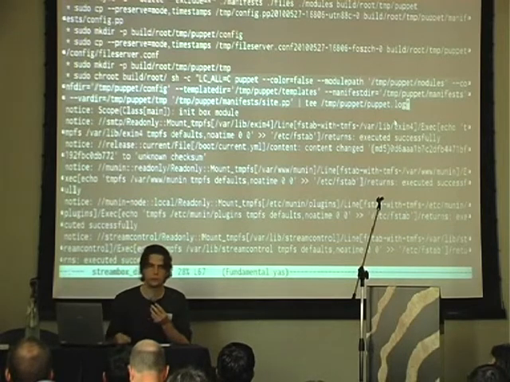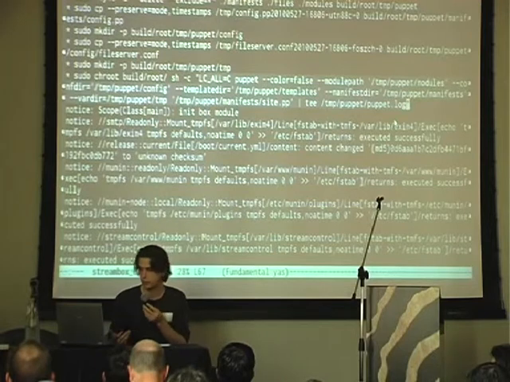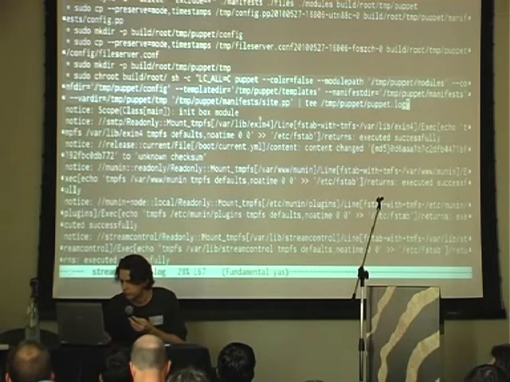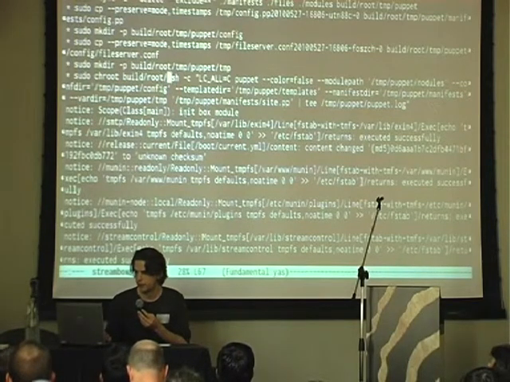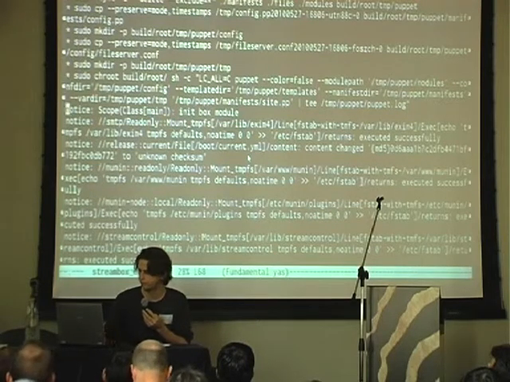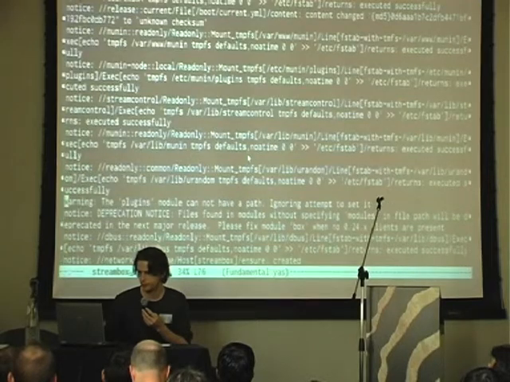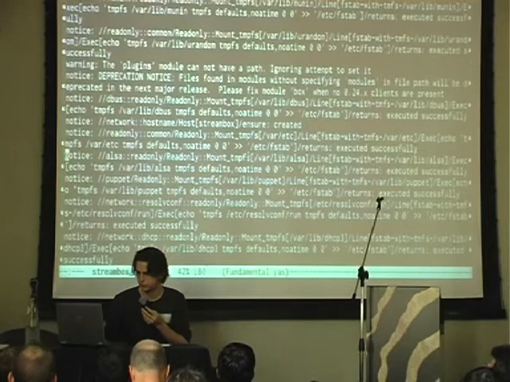And Puppet will try to update our system in a small directory. In fact, it's not a running system. You are in a build root with chroot. And this is without color, a small piece of Puppet code. Nothing to do, in fact, because the box was already built in this case.